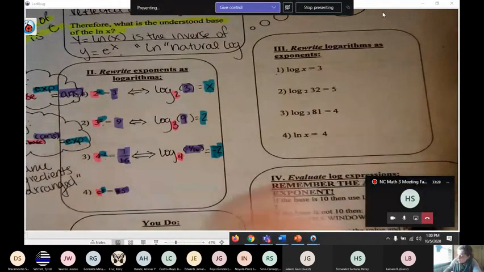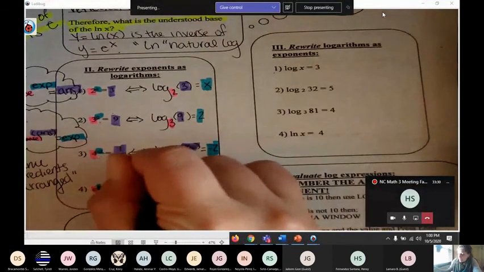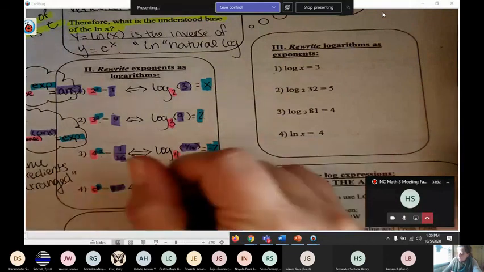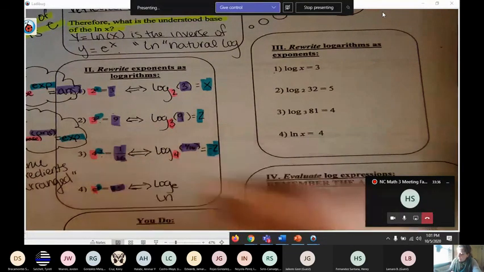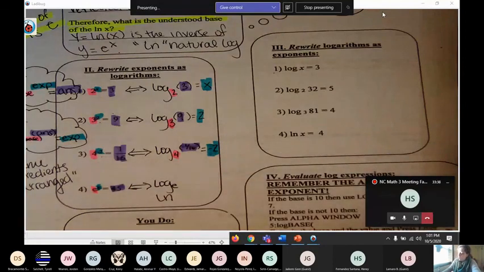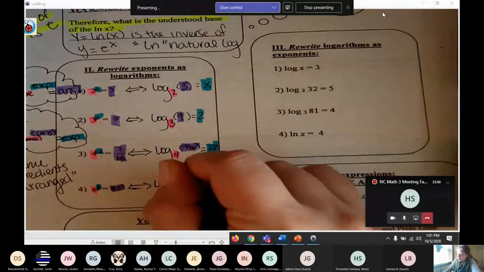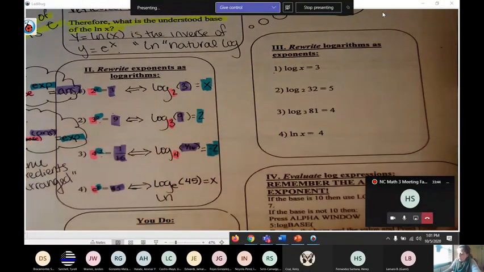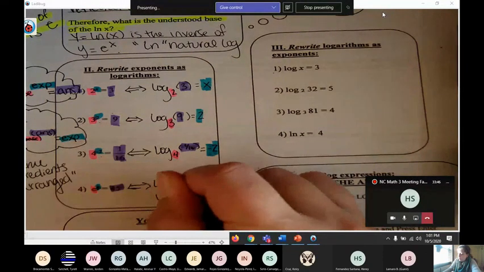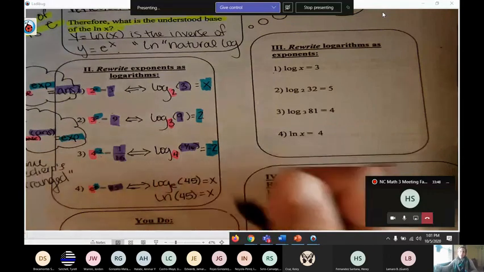Now this is an exponential function with a base E. So it's going to be log base E, but we abbreviate that LN. Okay, so I'll write it both ways. So this is log base E of 45 equals X, but you could really just write LN of 45 equals X. Okay, so when we write that